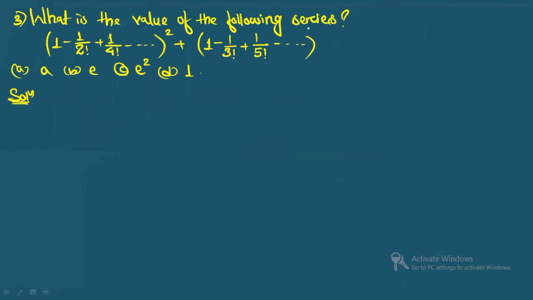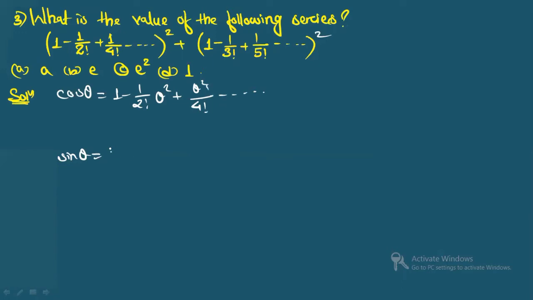Here it is said, what is the value of the following series? Here the sums of two series are given to you. This is squared, okay? So you will have to say the values. So when you see these two series, you know that cos theta and sine theta, these important relations I have done in the lectures, you can see. So for cos theta, what is the series? It is 1 minus theta squared by factorial 2 plus theta to the power 4 by factorial 4 minus and so on.